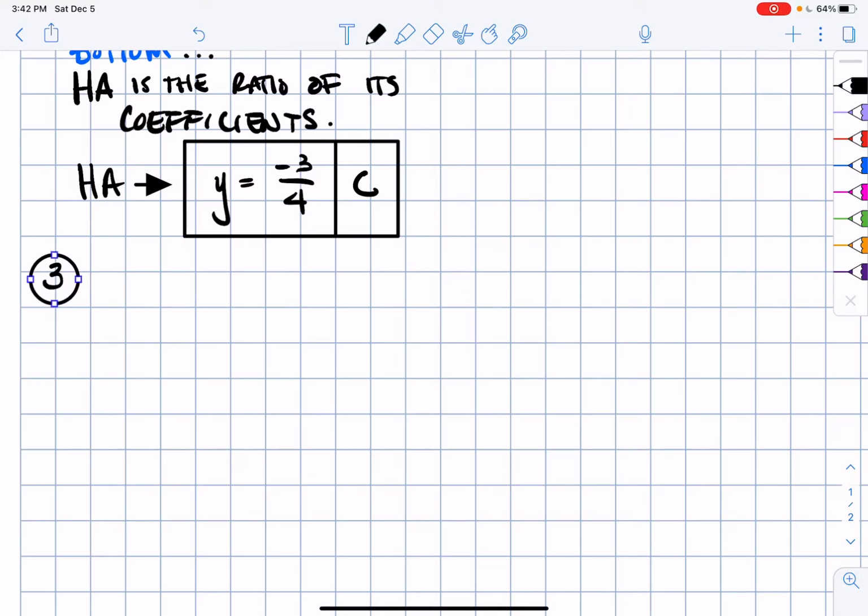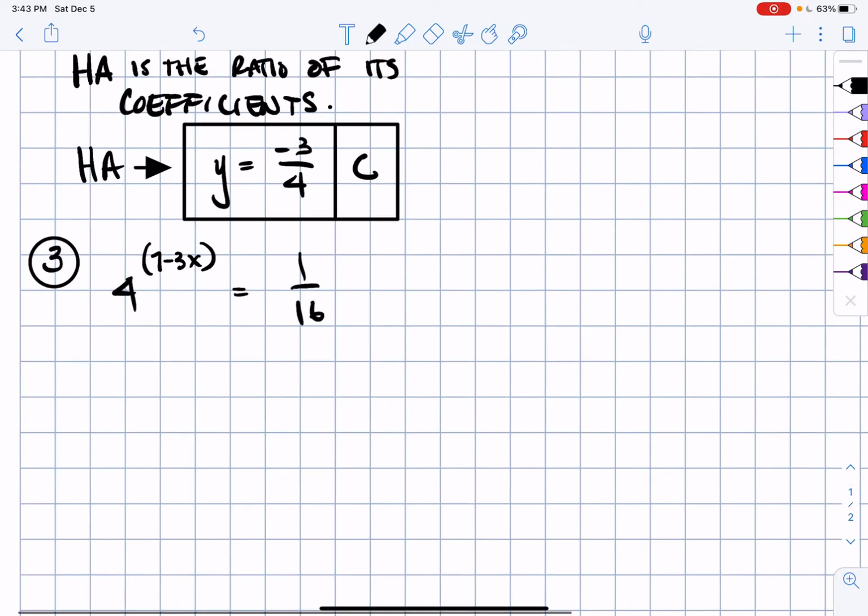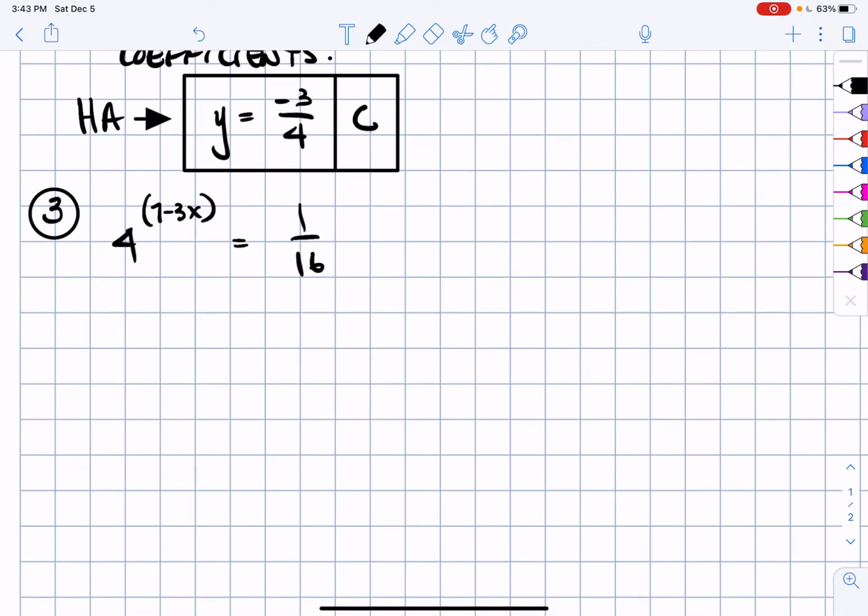All right, number 3 gives you the equation 4 raised to the power of 7 minus 3x is equal to 1 over 16. So there's really two ways of doing this, all right? So I'll do what I've taught in red, all right? So we're trying to get them to be the same base, okay? So I'll call this method A,